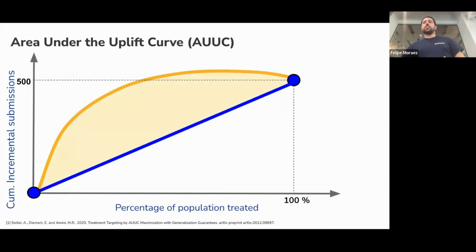So to measure the quality, people came up with exactly the same thing as in machine learning: the area under the uplift curve. But here, to normalize it so that it's between 0 and 1, you calculate it just until the random curve, and you normalize it between the random curve and the perfect curve that you would get with the points, even if it would be completely infeasible because you don't have those features. You just want to have a value between 0 and 1, where 0 is random and 1 is perfect.